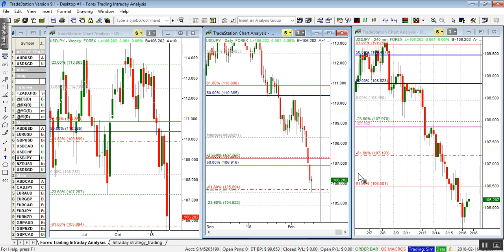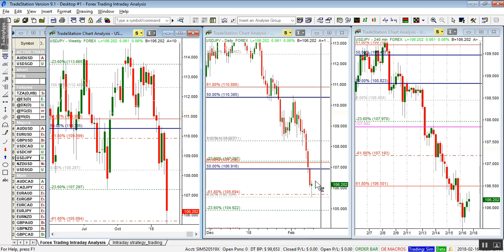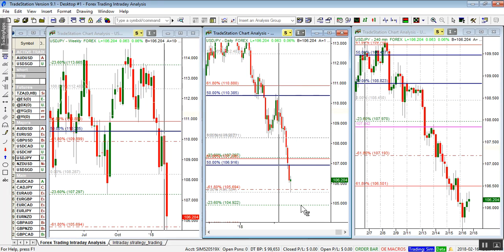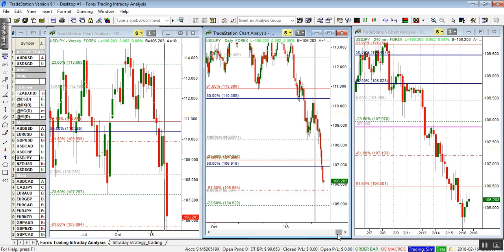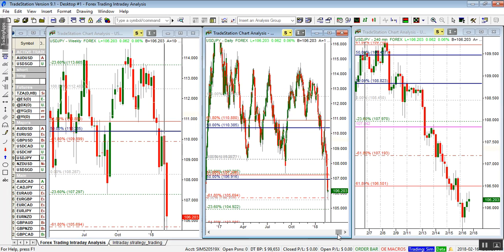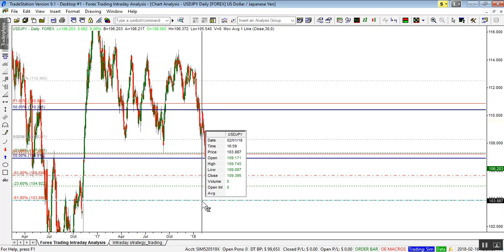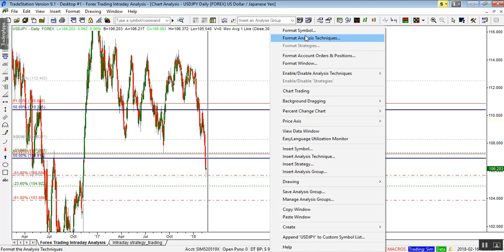In any case, here the value is very, very clear. 106.91 is the area that we want to time, and the first target is 104.92. The second target is actually just below, the 103.88, and that would help price into the